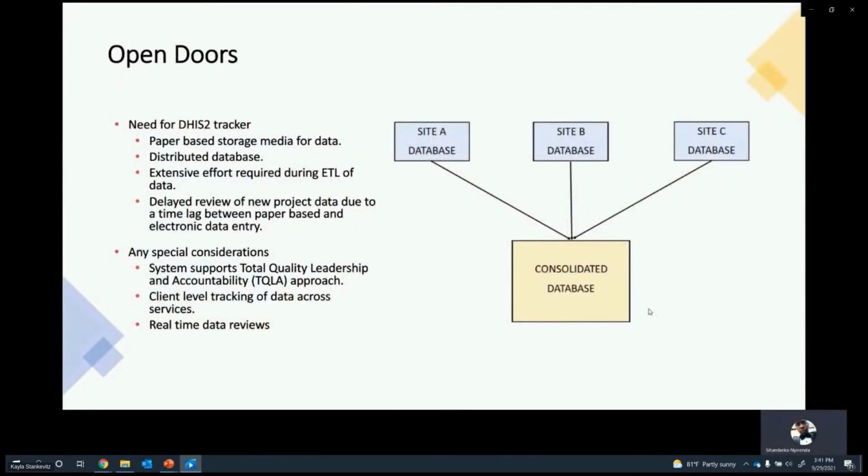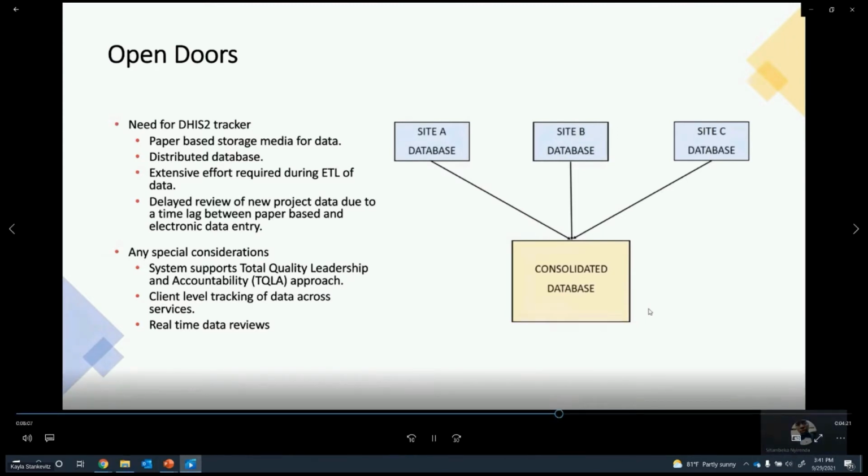So stakeholders on the Open Doors project saw the need to migrate from our legacy system to a new system for several reasons. One being that our project relied heavily on paper-based media for our data storage. We also maintained an electronic database, which was a distributed database across our project sites. This required extensive effort during extraction, transformation, and loading of data before analysis could be